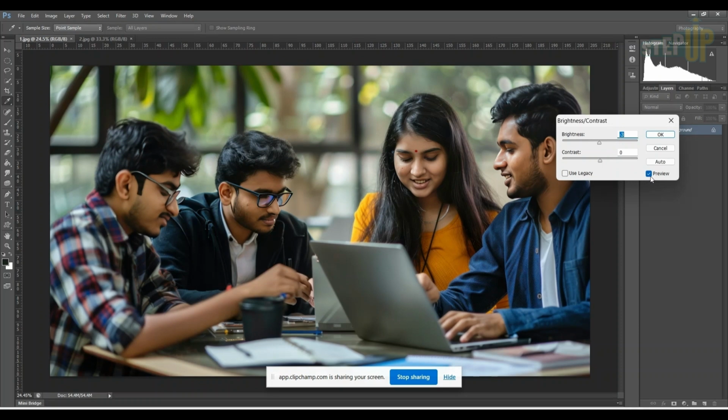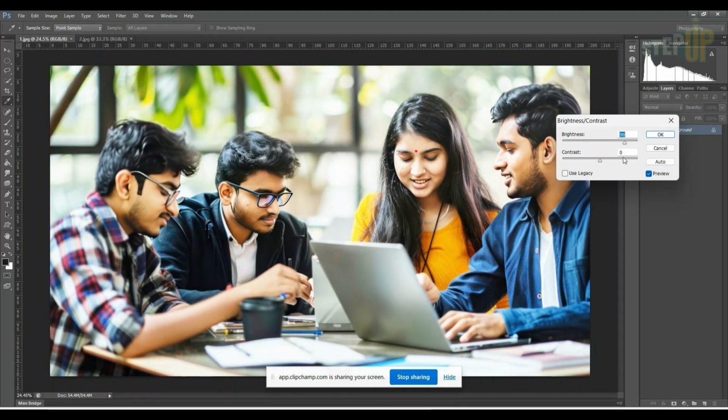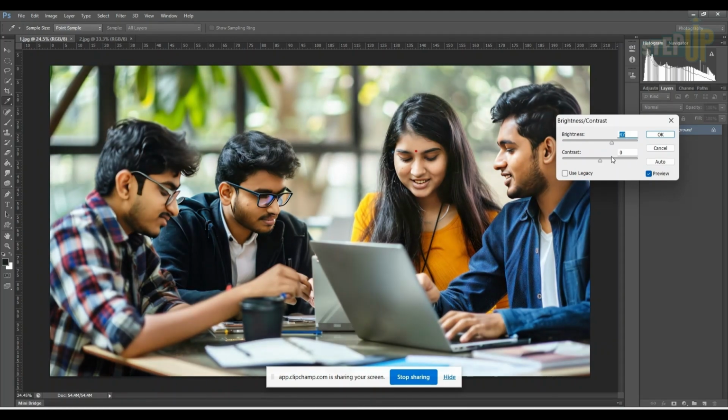If I turn off the preview, I'm not able to see anything. So just keep in mind that you should always click on this. Now I'm adding the brightness, and you are able to see the brightness everywhere. And then you can also add some contrast